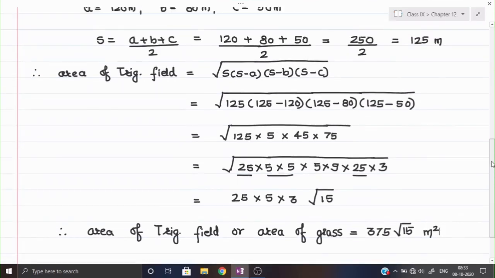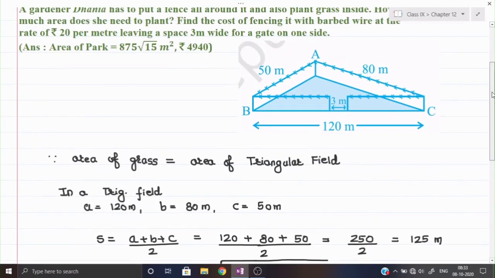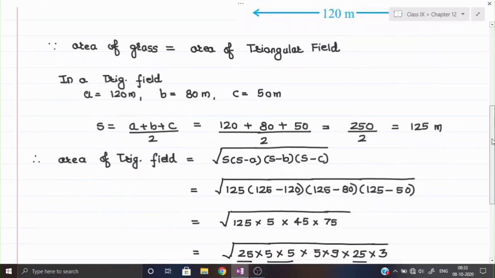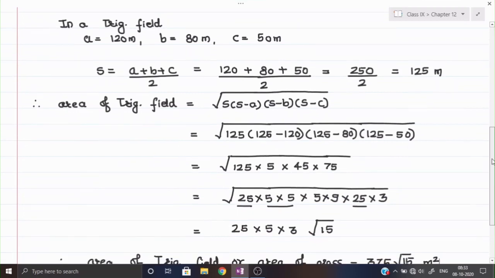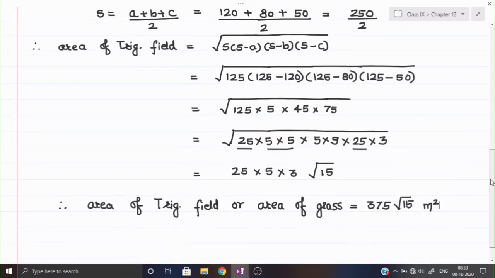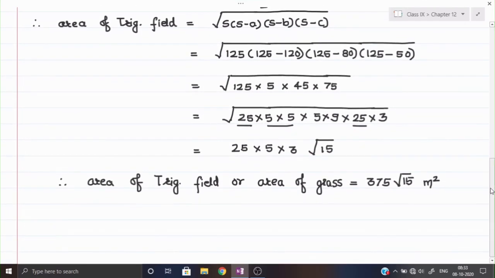Let me see. Once we can check. The answer I have written along with this, the answer is given 875. So I will check once again. If any correction is there, then I will make it in the notes. You can also make that correction same as it is. According to me, the answer is correct. Okay, if I have done any calculation mistake, we will check it afterwards. I think the method is right. There is no other thing required in this question. Why 875 is coming, that we need to find out. Maybe our calculation mistake could be there, or the answer I have written may be wrong. I will check it afterwards.